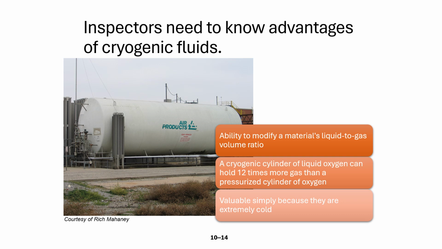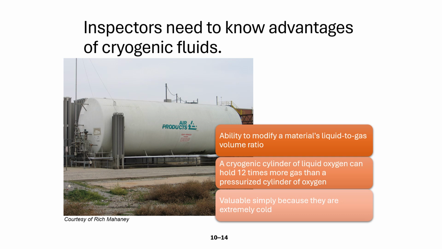So for example, 862 volumes of gaseous oxygen can be liquefied to a single volume by reducing the gas temperature below its boiling point. So you could see the advantage of being able to have more material on hand in the cryogenic state. A cryogenic cylinder of liquid oxygen can hold 12 times more gas than a pressurized cylinder